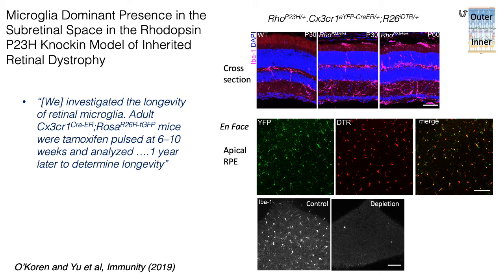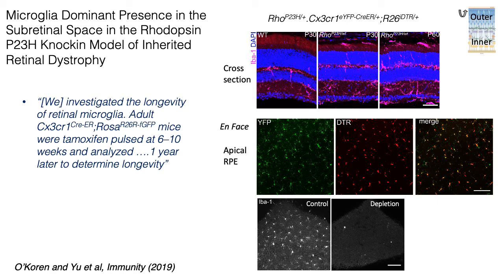And finally, using the CX3CR1 lineage tracing genetic scheme onto the Rho P23H knock-in, which is a model of inherited retinal dystrophy, the same trend could be shown again. So in the top panel, just looking at IBA1 staining in this degeneration model, you can see IBA1 accumulation in the subretinal space. Now, with the use of CX3CR1 lineage tracing with DTR conditional labeling, the YFP cells